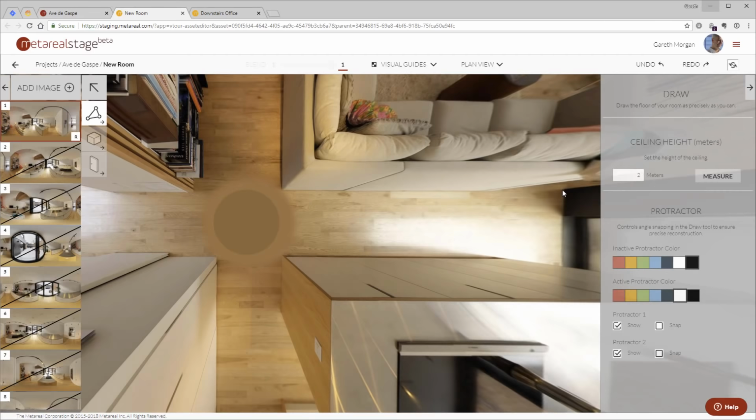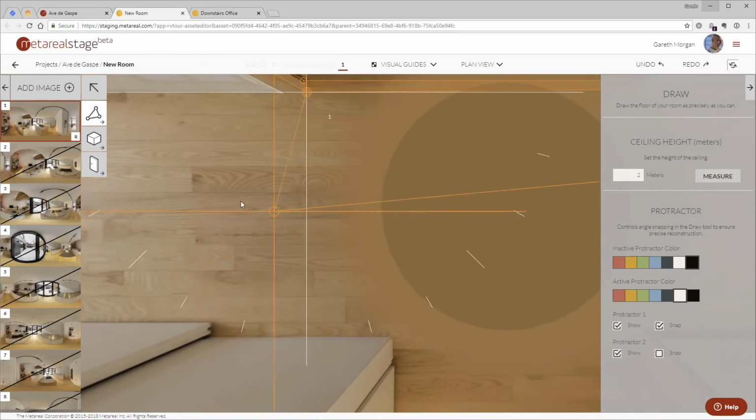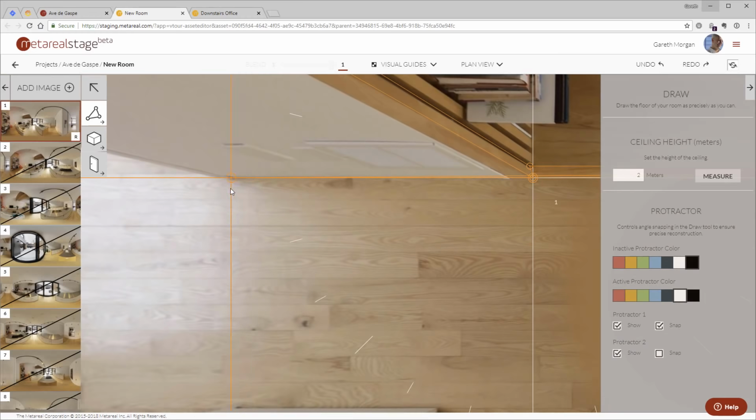So one thing that's interesting here in this room is we notice that if I snap onto there, it's not actually quite straight with the other wall here at this end. So we're going to actually just draw that and do a little dog leg like this. And now I'm going to zoom in because I need to see what I'm doing quite precisely here. Still with the snap on, I want to make sure we're right at the edge of the wall there,